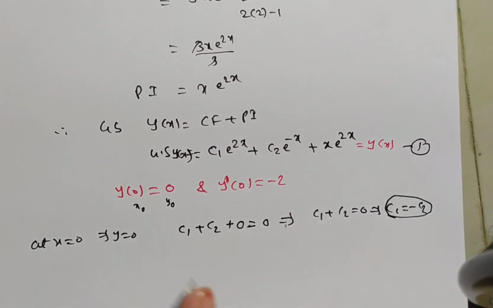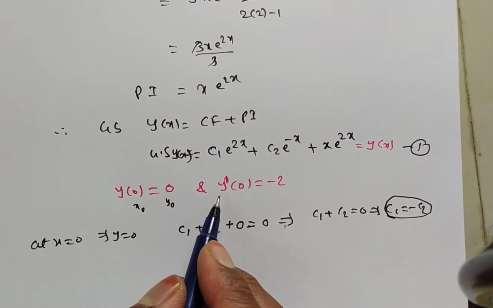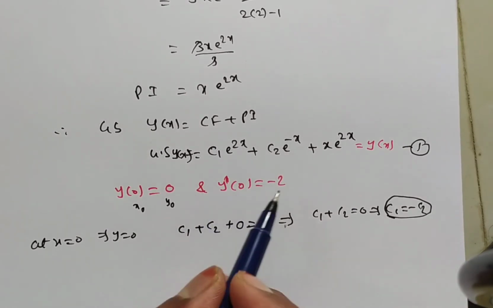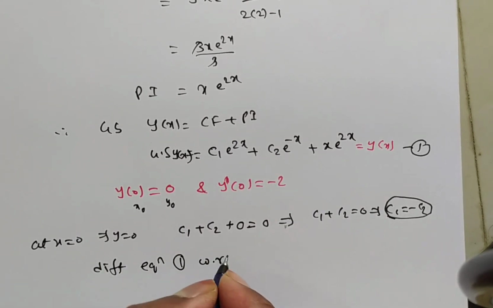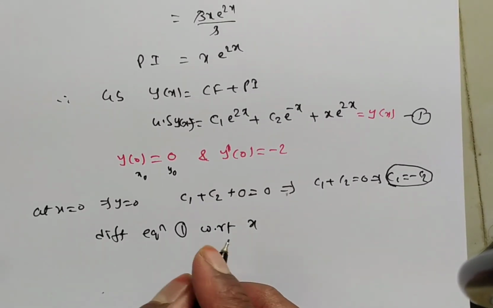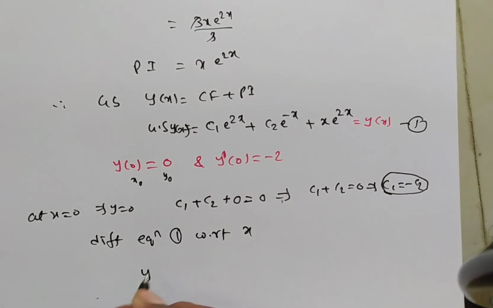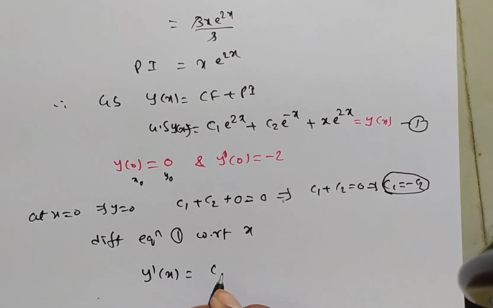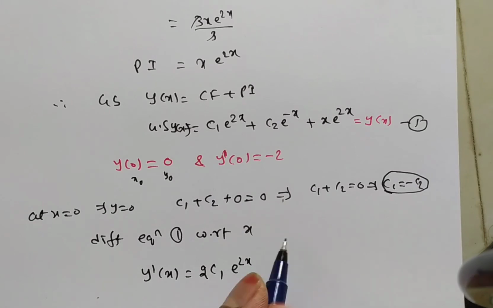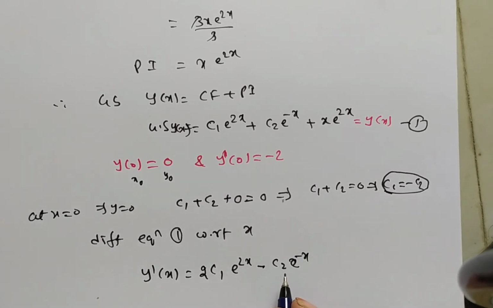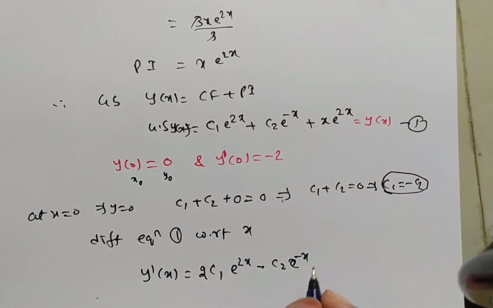Next, another condition we have. What is the other condition? y dash of 0 is equal to minus 2. But what I have is only y of x. Now differentiate equation 1 with respect to x, then we will have y dash of x. y dash of x is equal to c1, a constant, times the derivative of e power 2x, which is 2 into e to the power of 2x. Next, c2 into the derivative of e power minus x, which is minus c2 into e to the power of minus x. Actually the derivative of e power ax is e power ax into a, plus